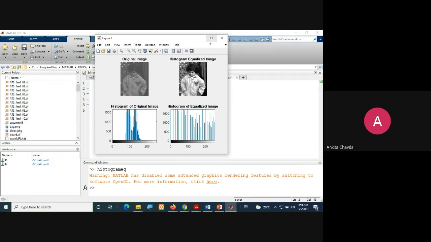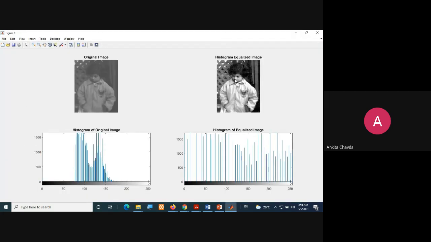Right, so this is what you are getting as the result. This is your original image, this is your histogram equalized image, and your histogram is now on the new gray levels. Previously, all the histogram was in the middle of the grayscale, but now you have found new gray levels, so it is scattered between 0 to 255.